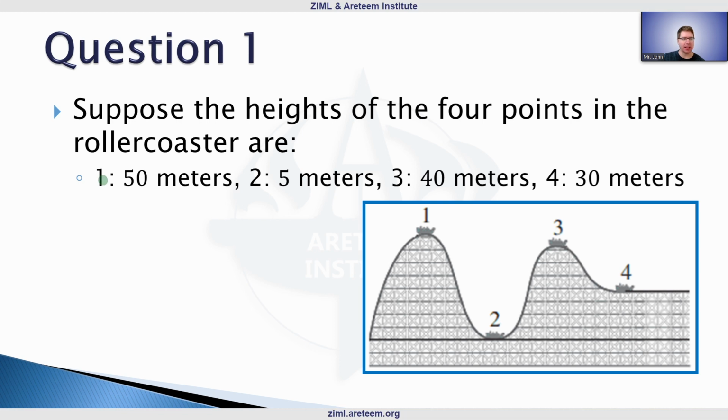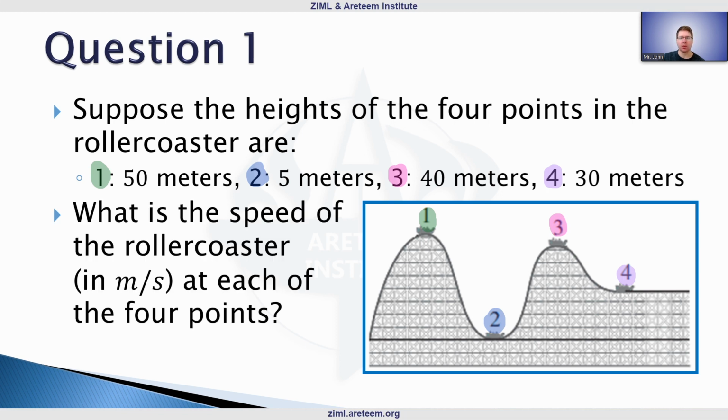suppose we're given heights of these 4 points. Point 1 is at 50 meters, point 2 is at 5 meters. Maybe these don't match perfectly with what we're seeing in the drawing, but that's okay. I'm choosing these numbers so they're fairly nice to work with, 40 and 30 meter heights. What are the speeds of the roller coaster, in meters per second, at each of those 4 points? And just to get you started on this there,